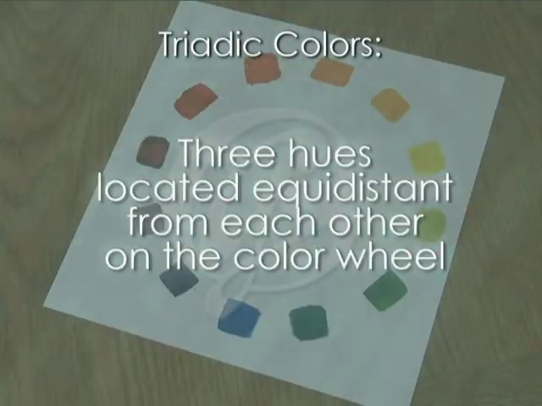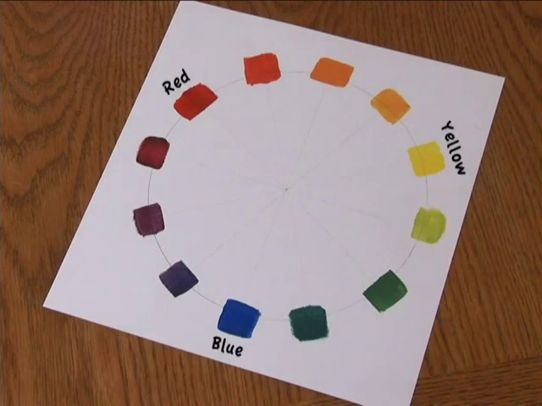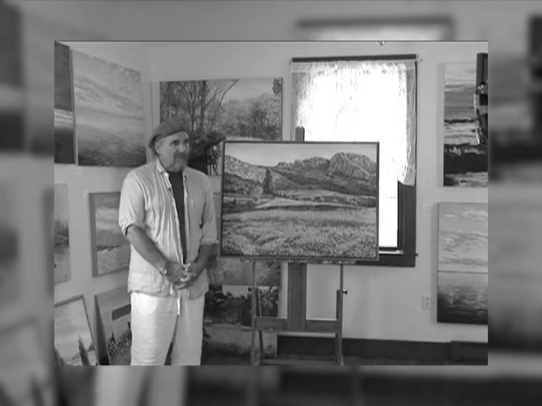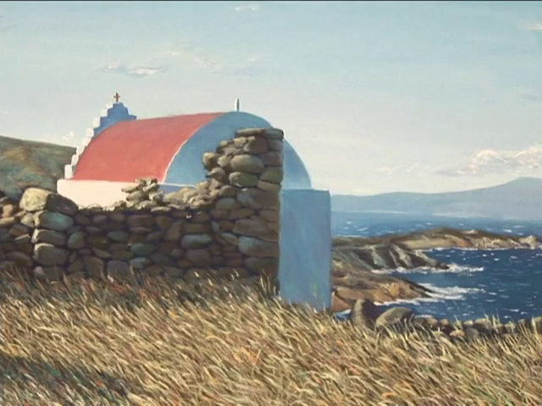Triadic colors are three hues located equidistant from one another on the color wheel. Use of triadic colors provides strong visual contrast and color variety while still maintaining the color harmony. As with split complementary colors, use of triadic colors offer less contrast than complementary colors. Most artists will choose one of the triadic colors as the dominant color and then use the other two more